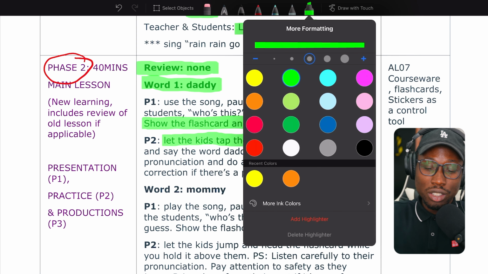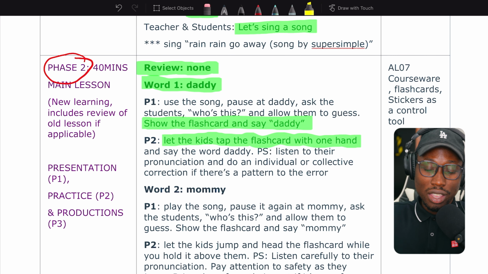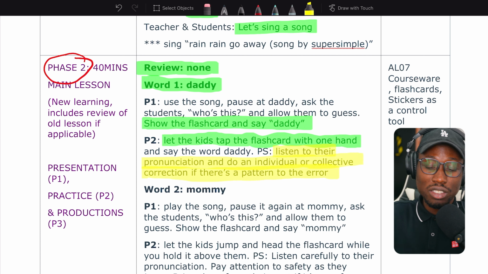Now I put a little note over here, PS, to say: listen to their pronunciation and do an individual or collective correction if there's a pattern to the error. What this means is, usually where one child is having difficulty with the word, another child might be having the same difficulty. And instead of